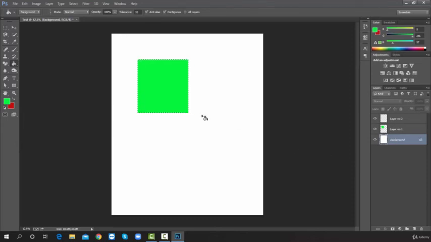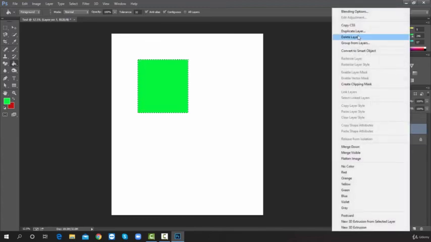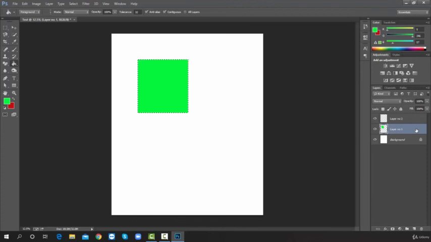Suppose right now I want to delete the rectangle shape. Now you can easily delete it. You can just hide it, or you can select the layer, then click the right button. Now you can easily select delete layer. Alright, now I am selecting this layer, layer 2. Now I again choose the shape tool, then click the right button. Now I am choosing the elliptical marquee tool because I need a circle shape, right? Now I am drawing it. Just follow.